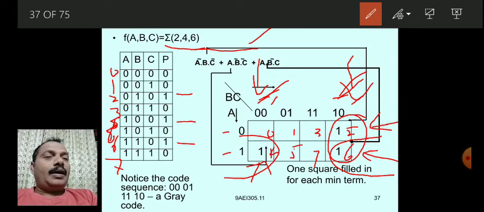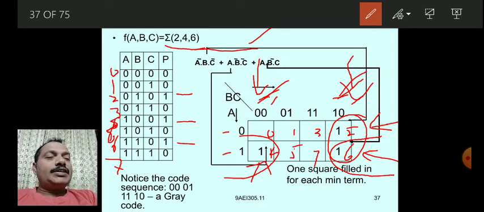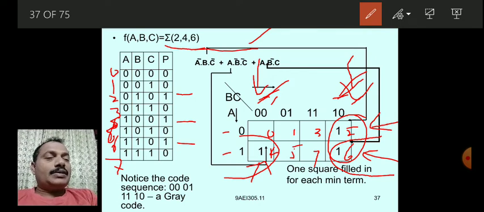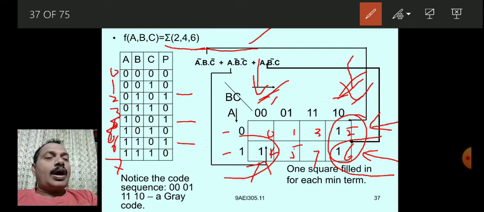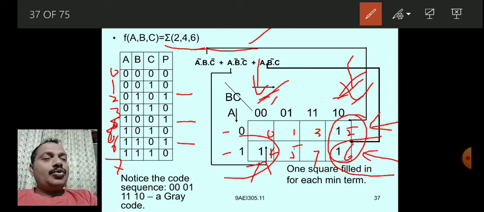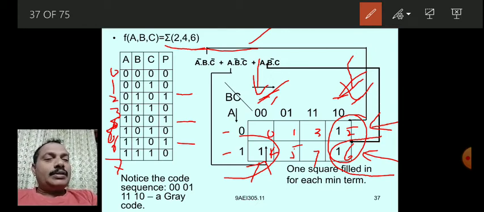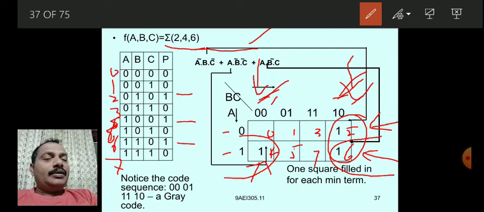Okay, so I write like this. Because this group is covering only one column and two rows, so always take row side first. This group is covering two rows. The row side variable is A, and while moving from top to bottom, what do you observe?